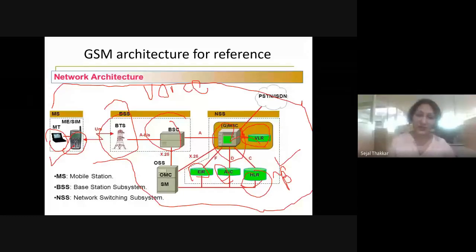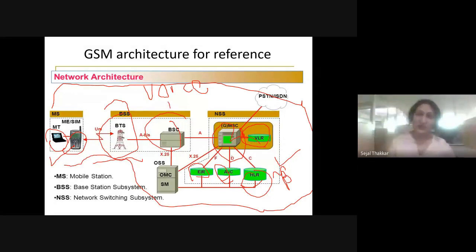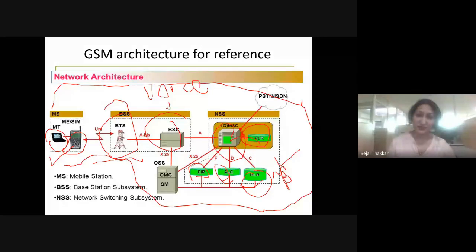The same architecture provided by GSM, we are using for GPRS also. But the difference is that GSM is used for the communication of voice. You can call using that particular phone.